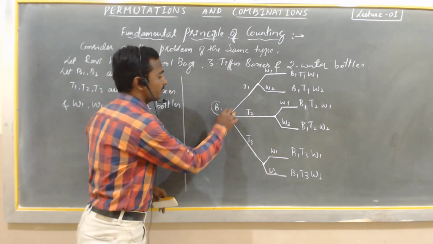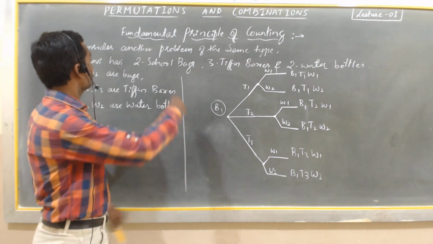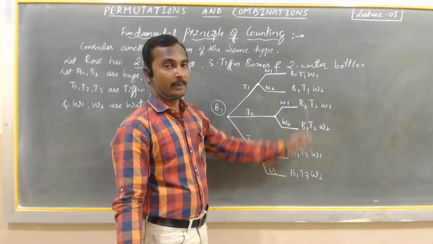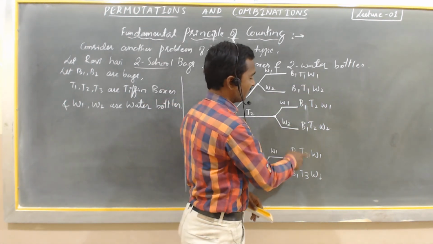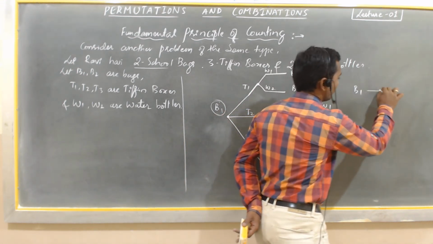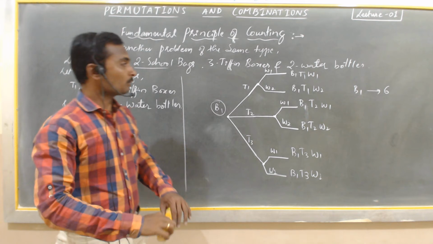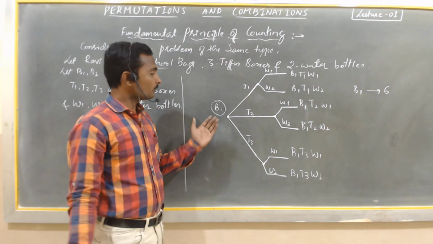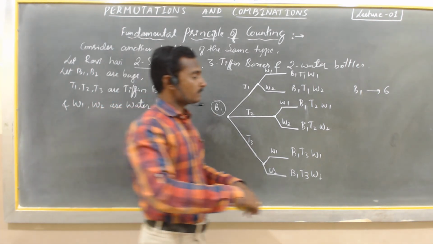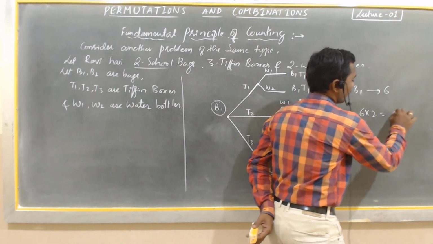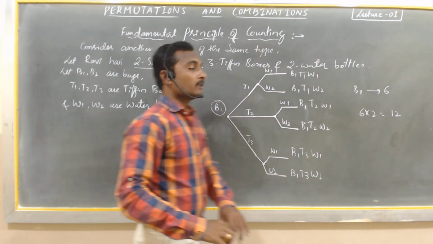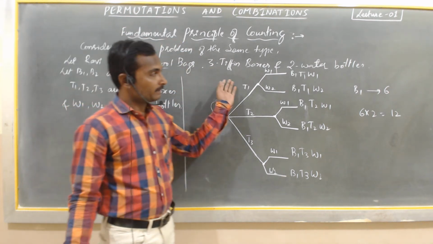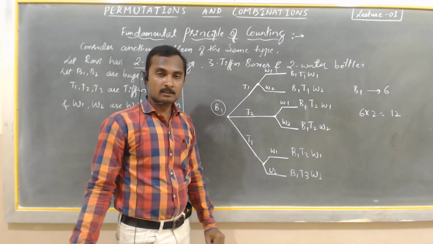This is only about bag 1. But totally, Ravi has 2 school bags. Now let us count the total number of pairs here: 1, 2, 3, 4, 5, 6. It means for bag 1, he can have 6 arrangements of the bag, tiffin box, and water bottle. And he has 2 bags, so 6 into 2, 12. There are totally 12 possible combinations of the school bags, tiffin boxes, and water bottles